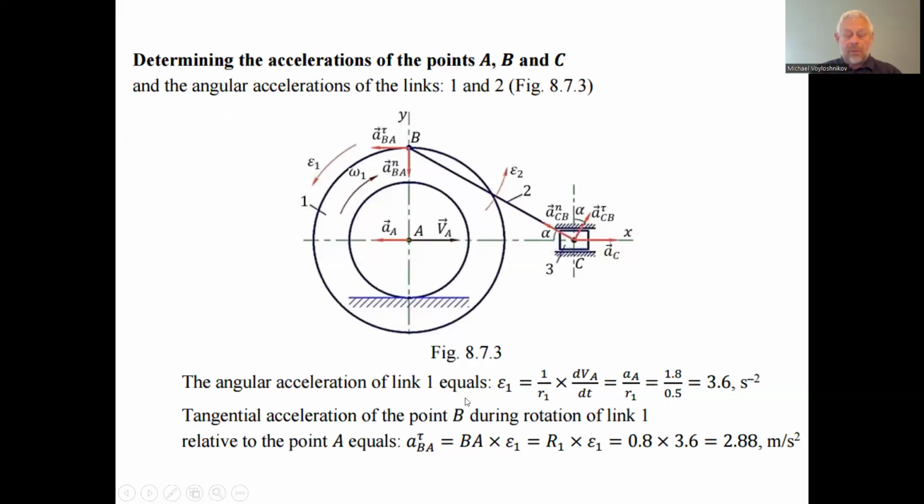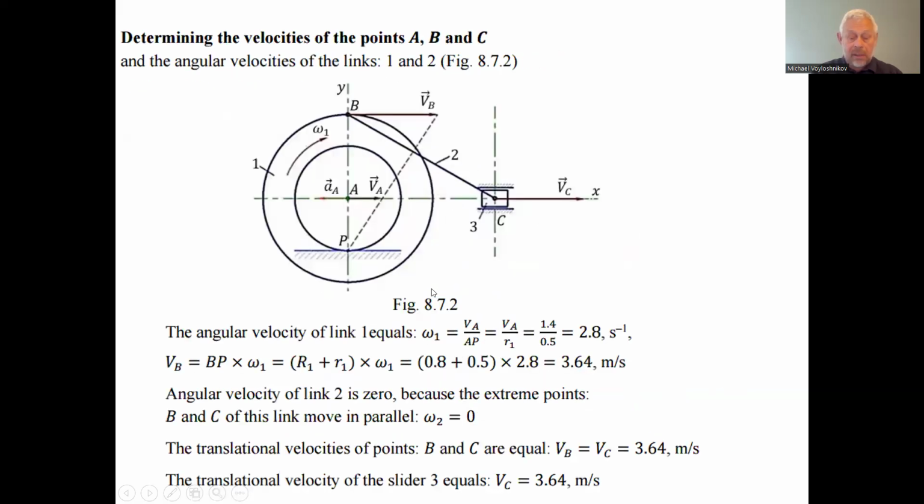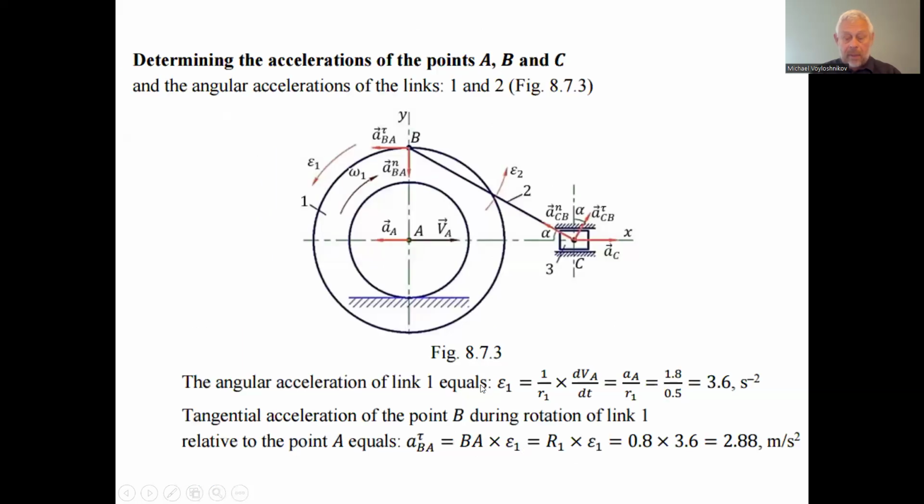The angular acceleration of the wheel is the derivative of the velocity divided by R1, the distance from A to P. With the assigned acceleration, the velocity derivative divided by the radius is equal to 3.6 seconds to the minus two. This is the angular acceleration, epsilon 1,